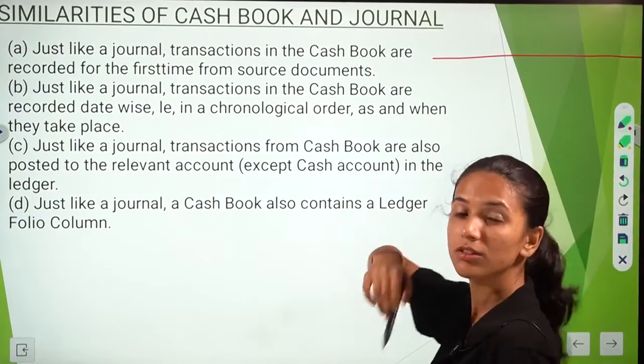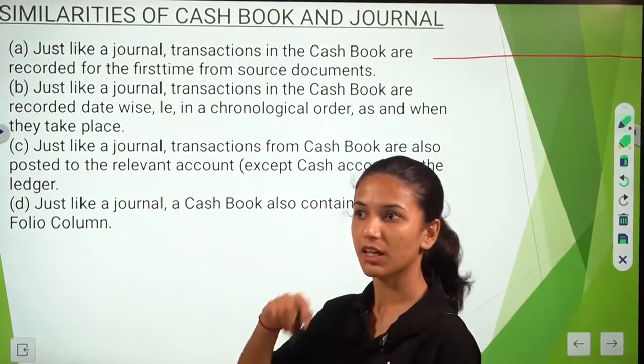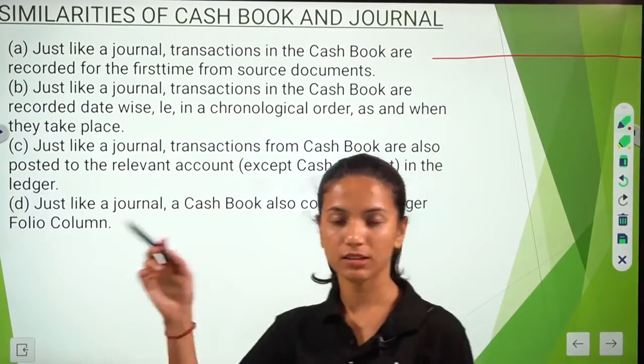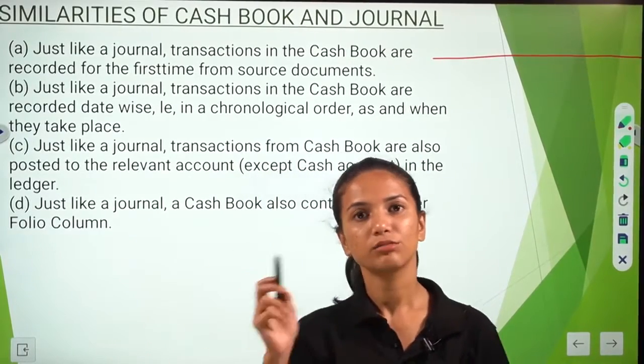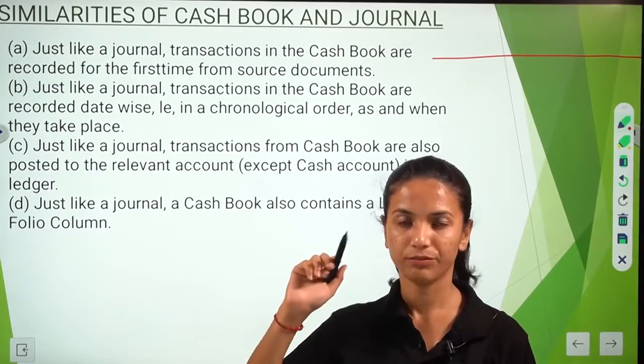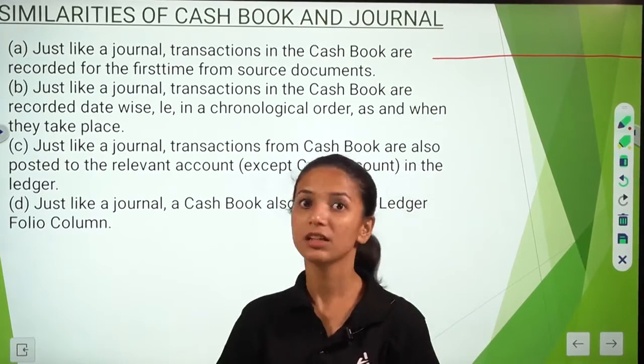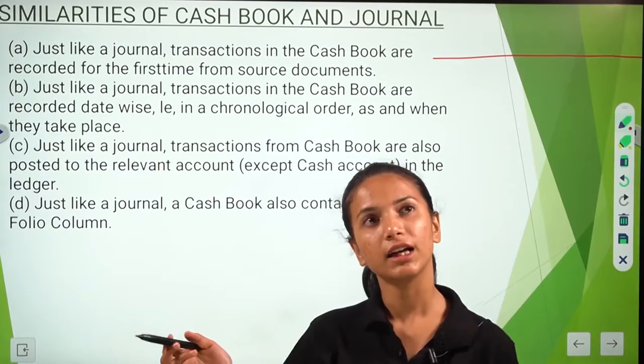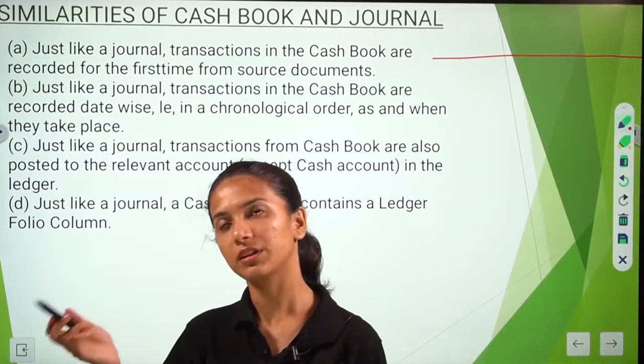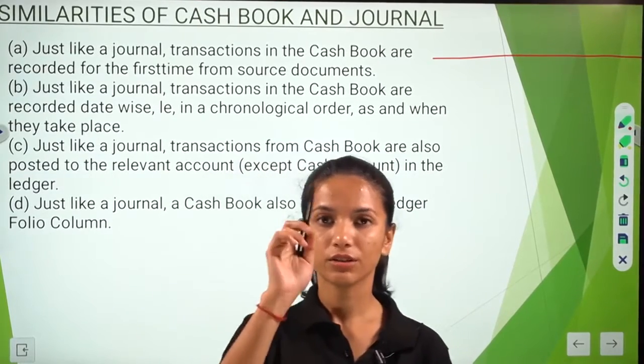Now cash books are also of different types. In one cash book there is only a cash balance on both sides. In another cash book you have cash and bank balance. For bank it is a different column, for cash it is a different column. And there may be a discount column also. So for that also, cash, bank, discount.